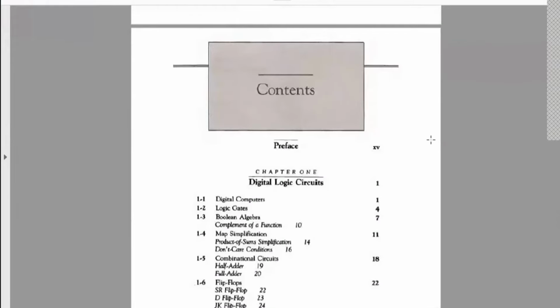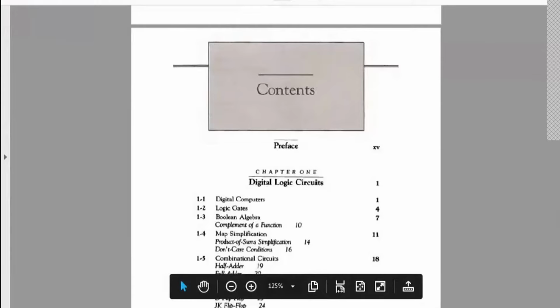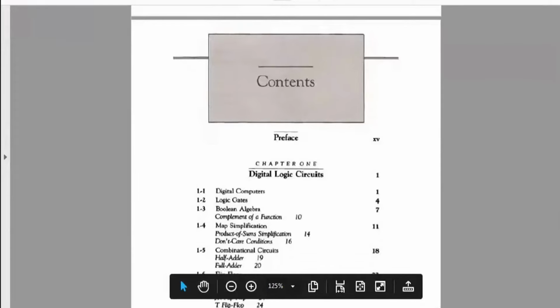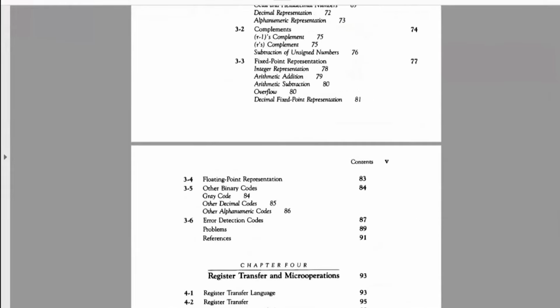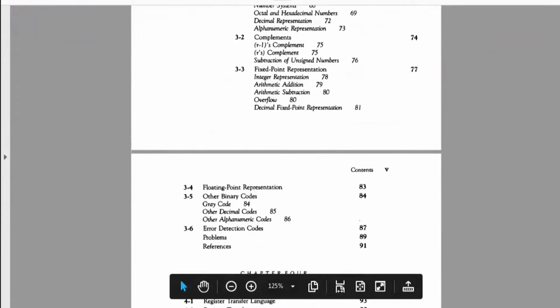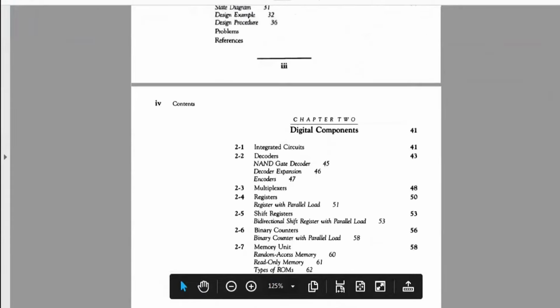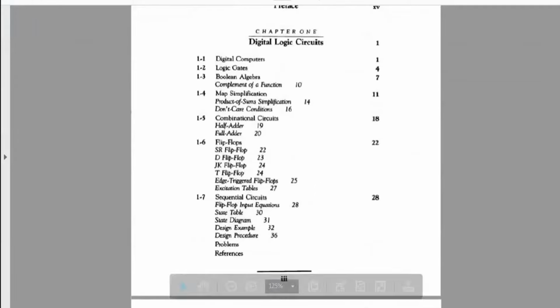Now, let us start off with the subject. If you refer to the book, you must have been told about it in the tutorial. But if you refer to your textbook, here are chapter 1, chapter 2 and chapter 3. These three chapters we have already studied in digital systems. You can have a quick look at these three chapters.